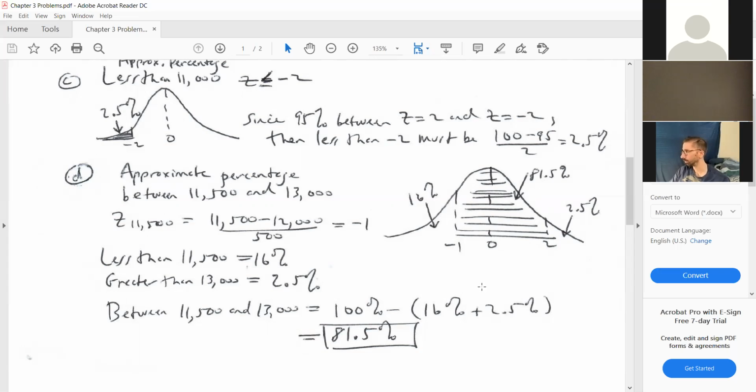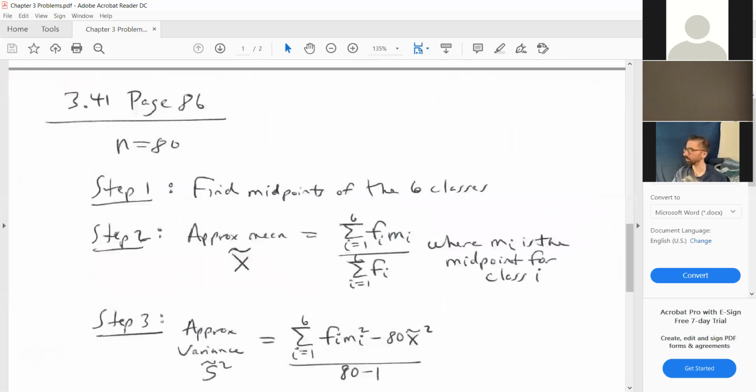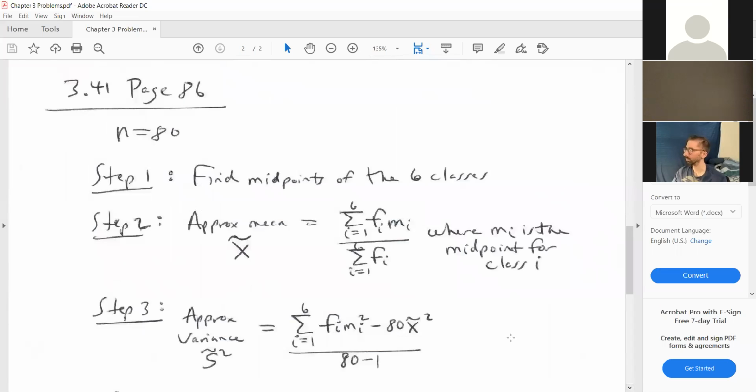And I also wanted to explain to you that special project I wanted you to do. This has to do with a problem, and I'm going to do an example like this. I'll show you. This is problem 3.41 on page 86. So we'll get to the next page here. 3.41, page 86. Now, what you're given in this problem is a